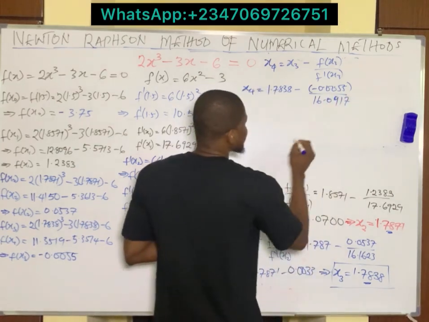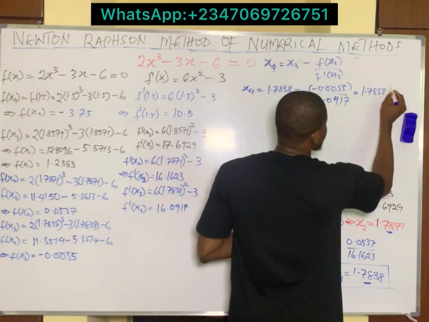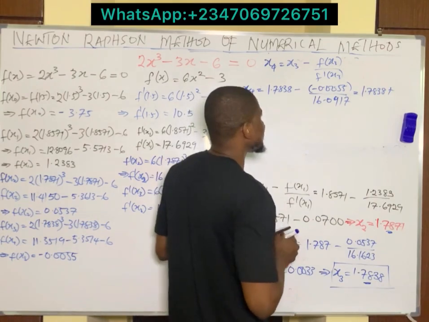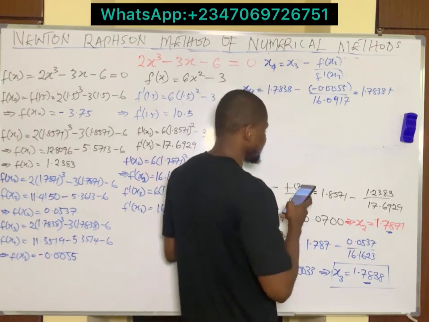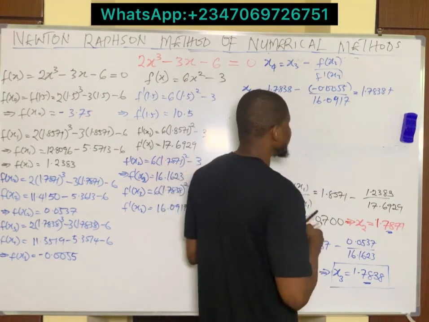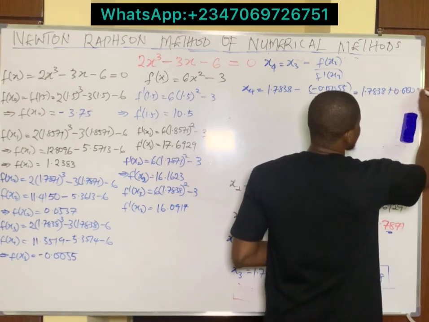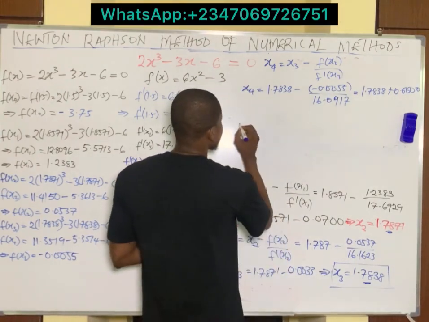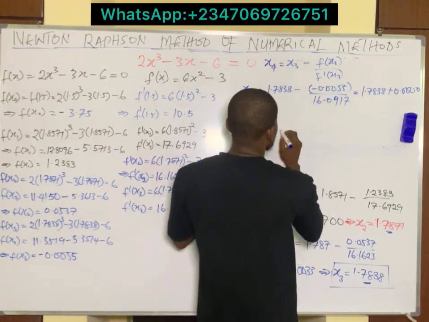Of course, the negative becomes plus. Let us find this ratio, 0.0055 divided by 16.0917. This is approximately 0, because we have just 0.000. If you add that up together, this implies that x4 is still going to remain